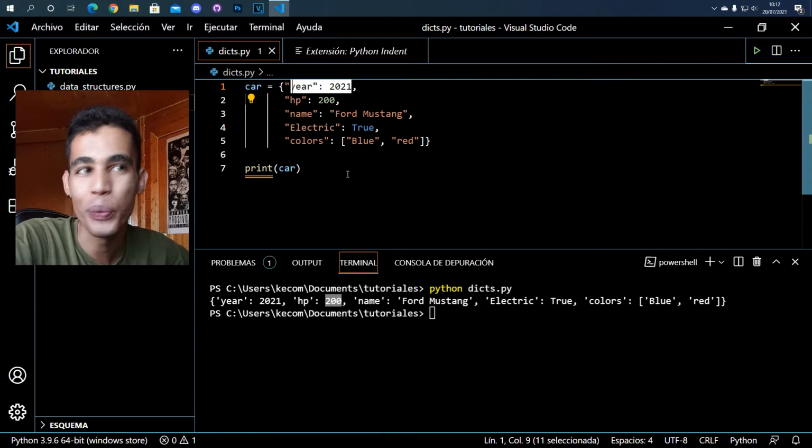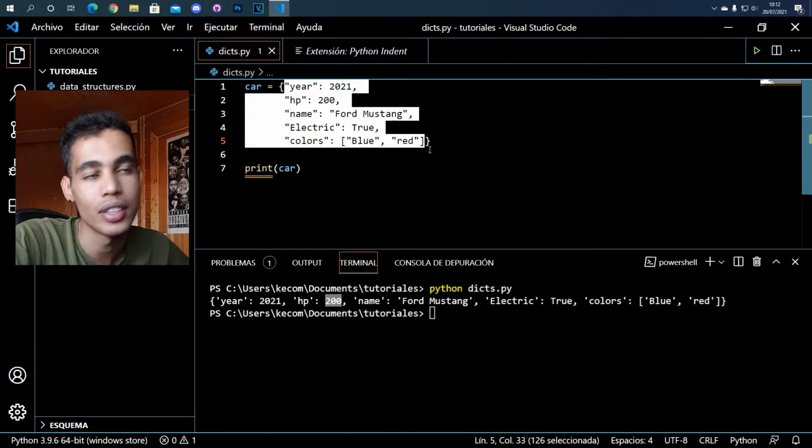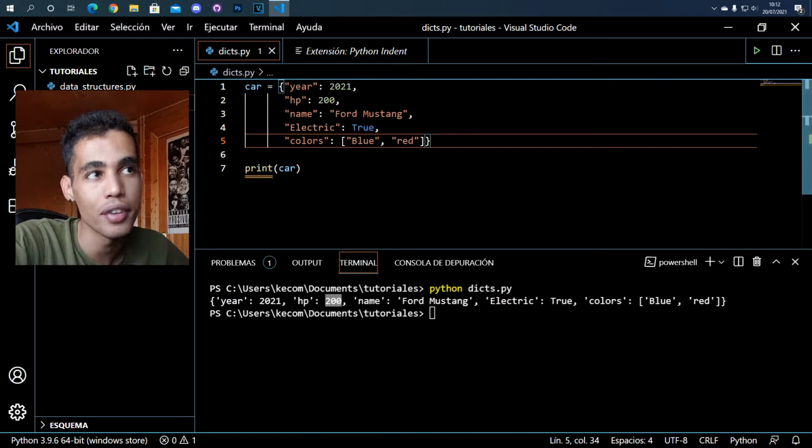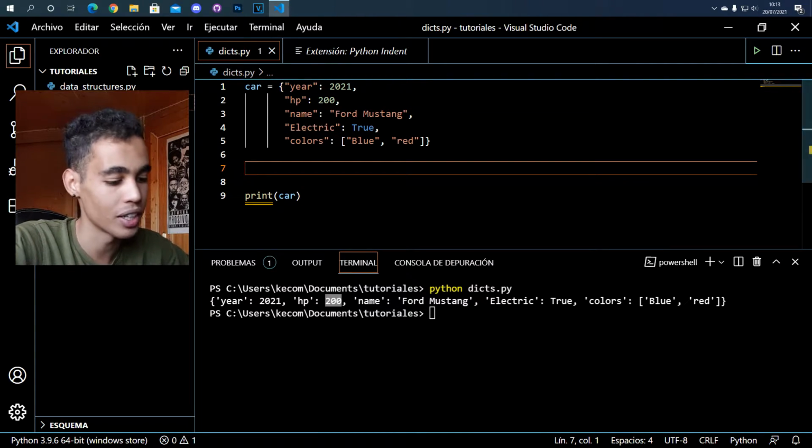So now, how do we add values from here? If we remember, when we were using lists, we use the method append in order to add elements. This is okay if we declare a dictionary with all this stuff, but maybe in the future we want to add items. So in order to do this, we can just simply